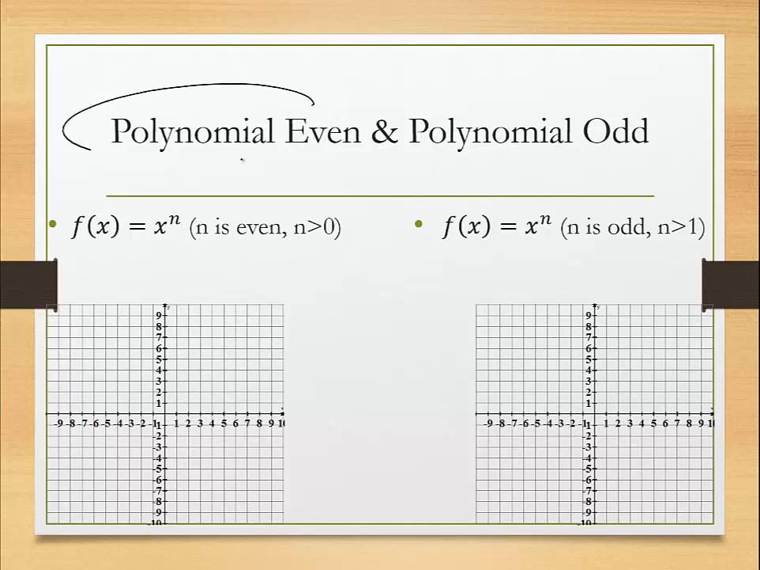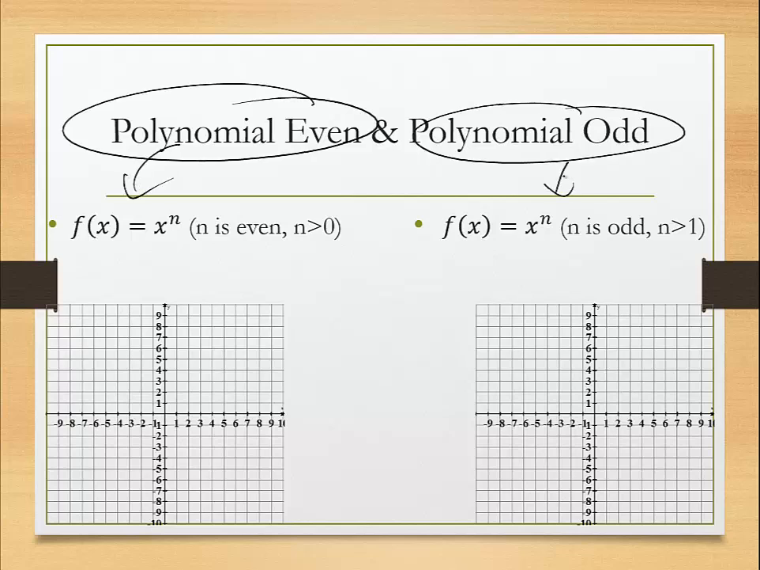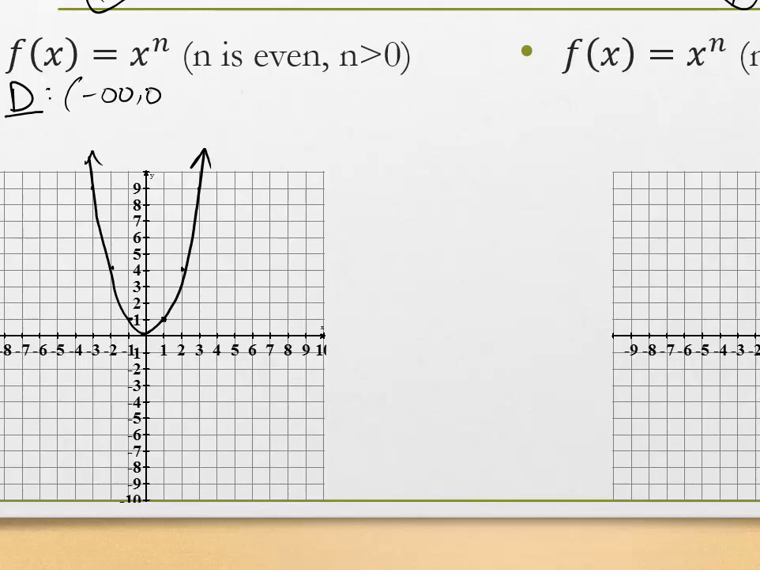Polynomial even and polynomial odd. Polynomial even is where n here is even. Pretty simple. And it's going to look just like your quadratic equation, the quadratic function, which is right here and there. So there's your U, your quadratic equation. So your domain for this, left to right, arrow to arrow, will be negative infinity to infinity. But our range starts at 0, touching, so it's going to include 0, and go all the way to arrows,